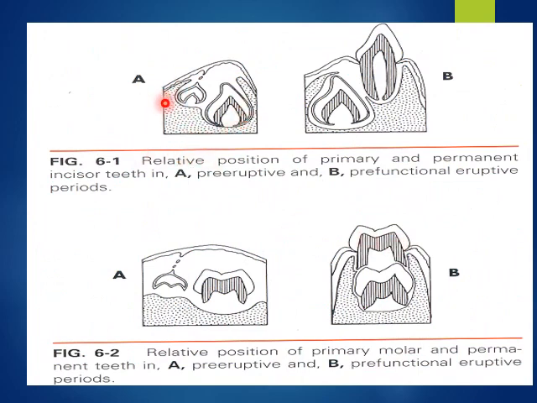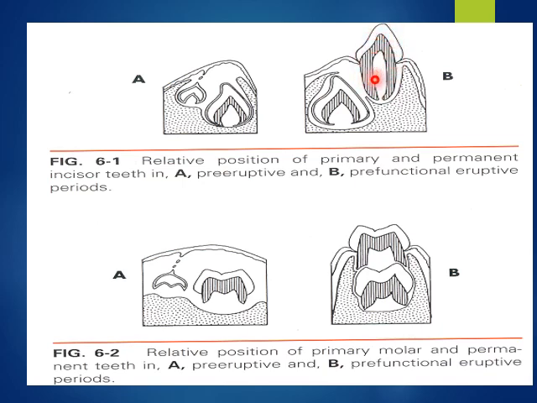Here, this drawing picture shows the anterior teeth. This is the deciduous and permanent successor, and this the molar deciduous, and this is the permanent premolar. Here, both the deciduous and permanent tooth are located in the same bony crypt, and the permanent anterior tooth is located lingual to the incisal edge of the deciduous tooth, while when the tooth is in function, the deciduous tooth erupts